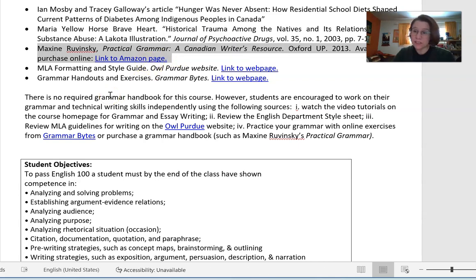So that book is really good if you are somebody who is struggling with your sentence structure and grammar and rules, and you're not sure how to use an apostrophe, or you're not sure how to use a colon, that kind of thing. So I would definitely invest in a grammar handbook, either at this point in your academic life or definitely in your first year of university, because it is going to be something you're going to refer to quite often.